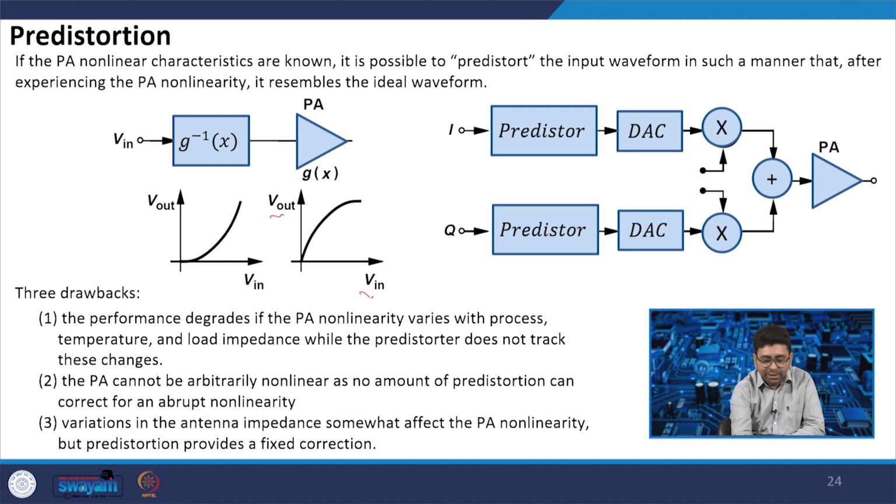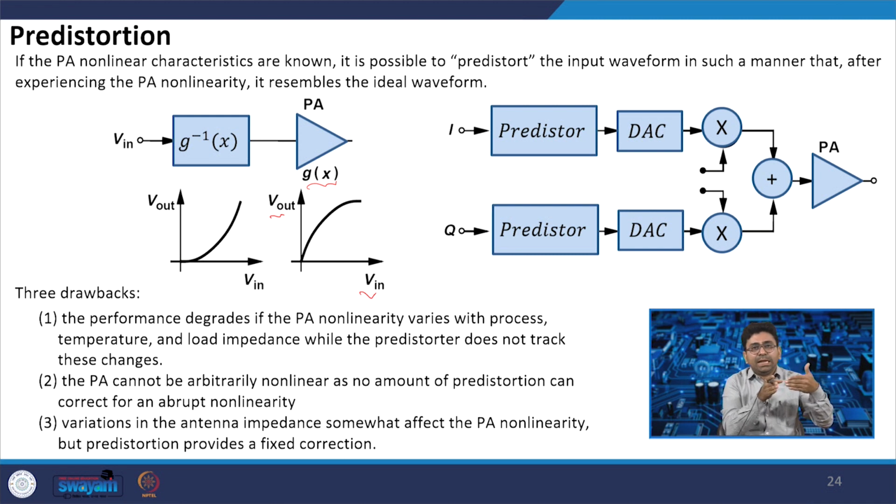We have already measured the power amplifier's nonlinear characteristics, and it is defined by some function g(x). If we make the inverse function of that at the input side, meaning the incoming input signal is passed through g inverse (x),